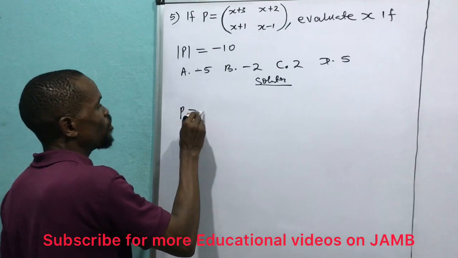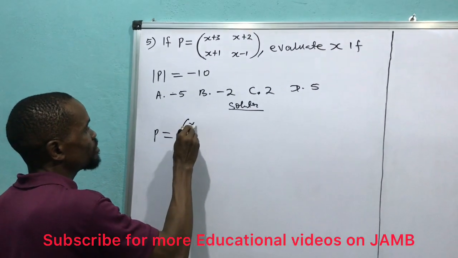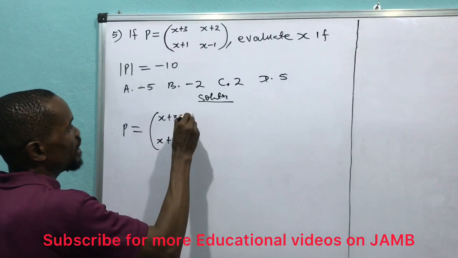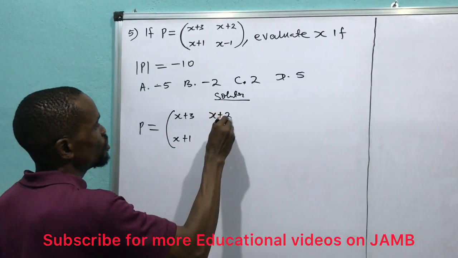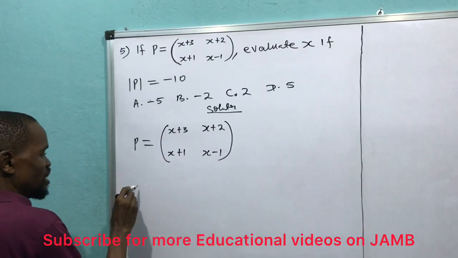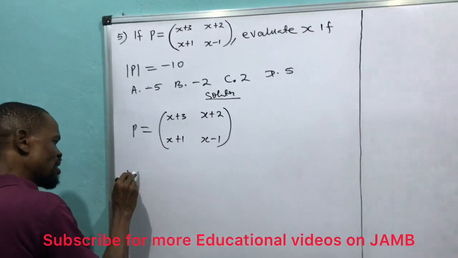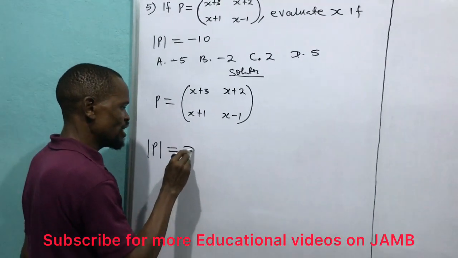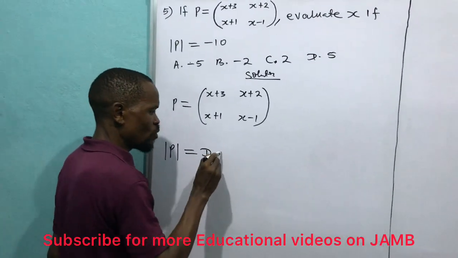P is equal to the matrix x plus 3, x plus 1, x plus 2, x minus 1. The determinant of P is equal to